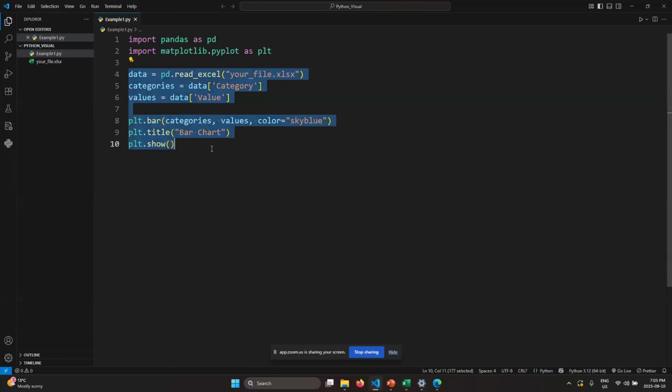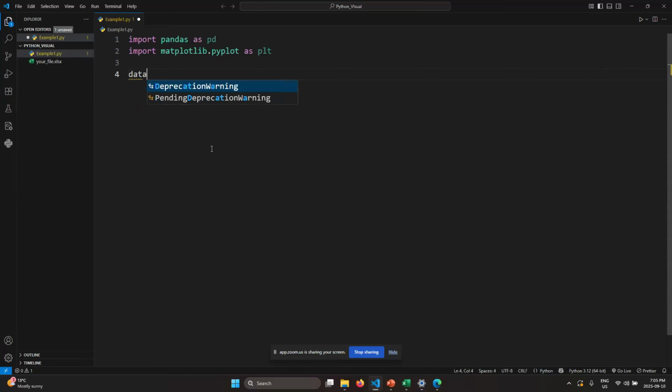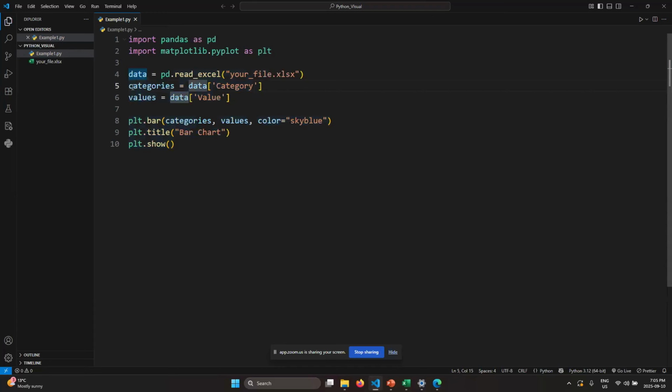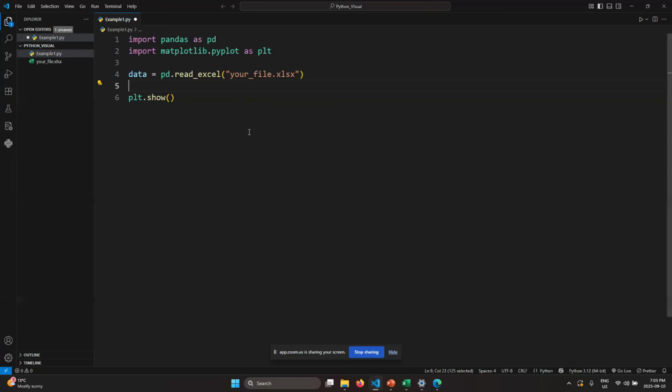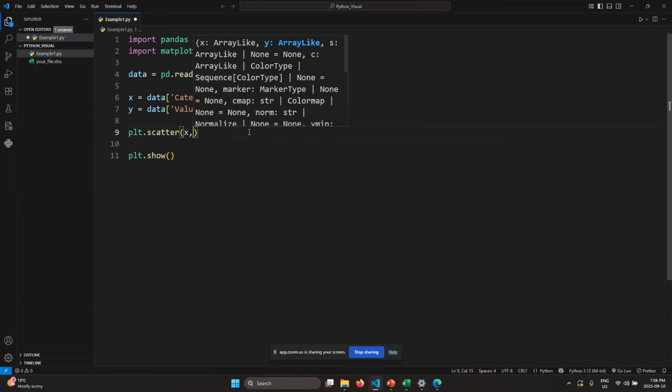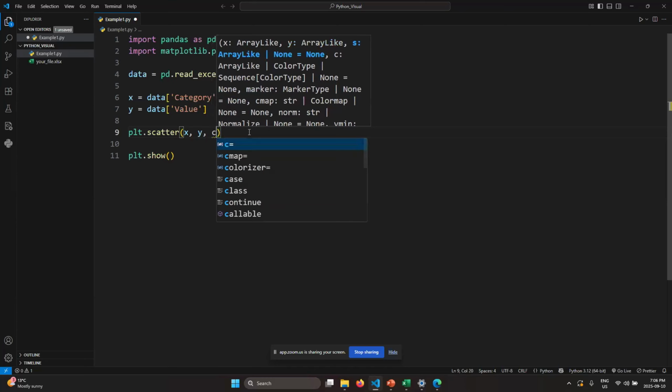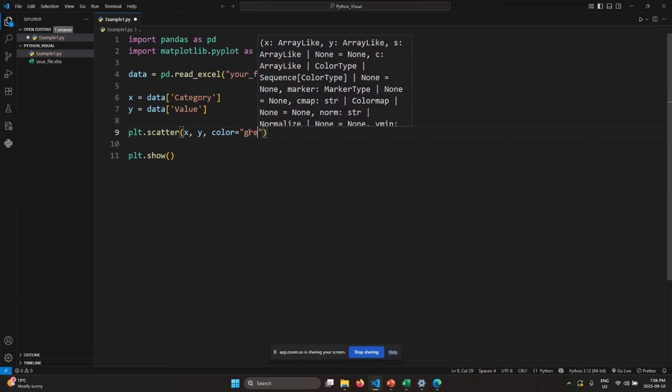So the first two lines are going to be the same. I am going to do, actually, yeah, this line is also going to be the same. Right. So I'll have the X for data category and then Y for data value. And then plt.scatter, which is the method that creates the scatter plot, x and then y for x and y axis values, and then color is going to be green, so I'll choose green,